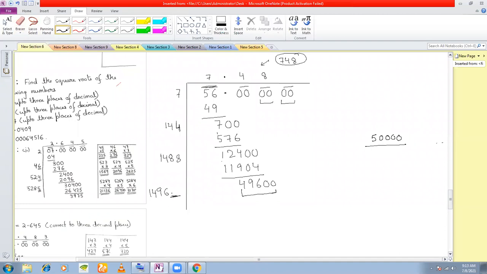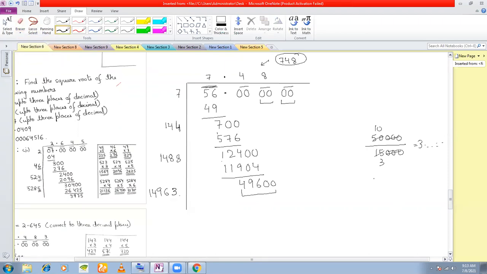Divided by 14,960, which is very close to 15,000. So we divide 50,000 by 15,000, and we just want to get the quotient. If you cancel with 5, you get 3 point something, right? So most probably we have to put either a 2 or a 3 or a 4. So let's try with 3 first.